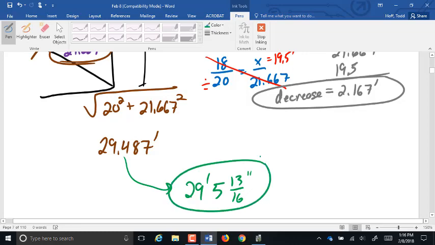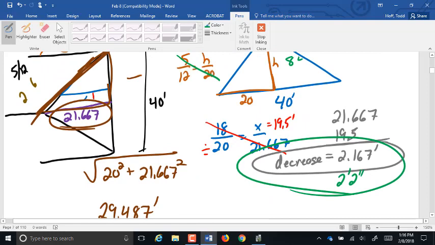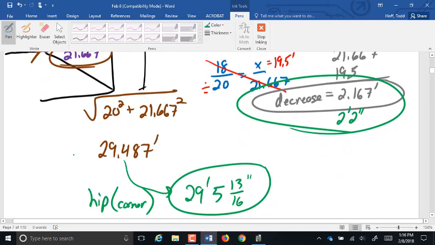So 29 feet, 13 sixteenths of an inch is the hip rafter, or the corner, if you want to call it that. Did he call it a hip or a hip corner when you guys did it in drafting? Just a hip. Okay. The decrease does come out to 2 feet 2 inches if you figured it out for the decrease. What that's saying is to get from the longest jack, so if you want to do a schedule of jacks here,